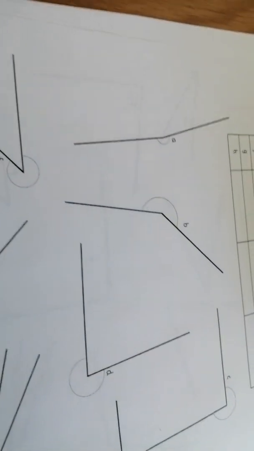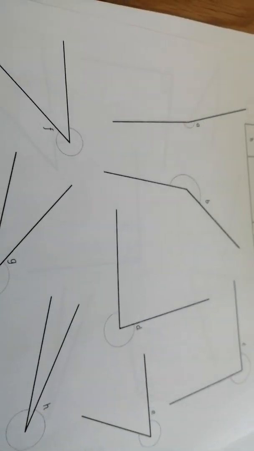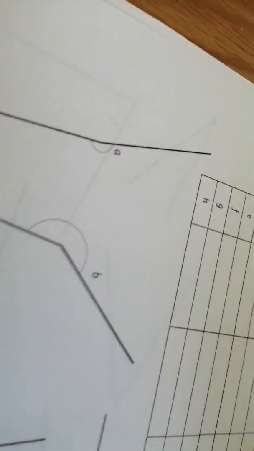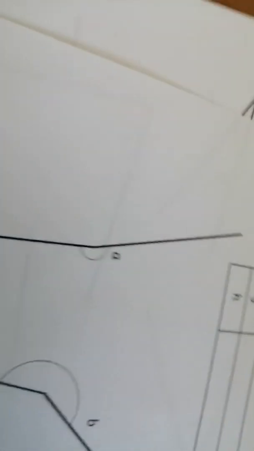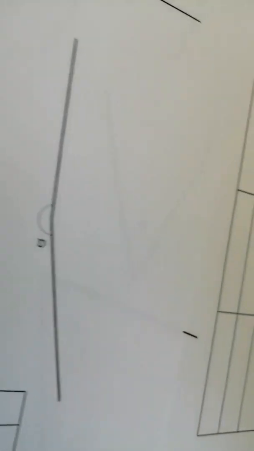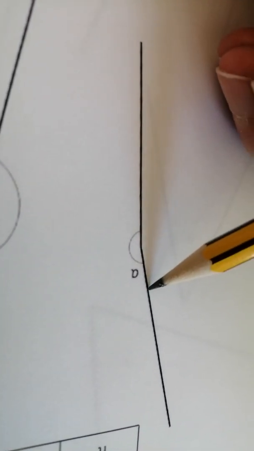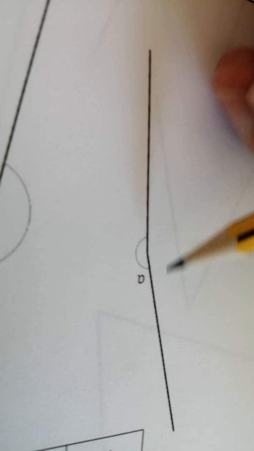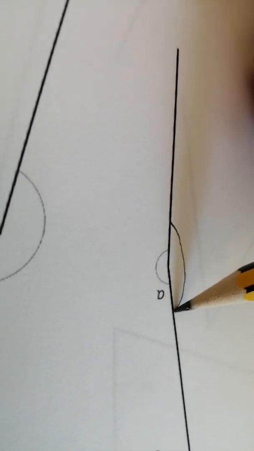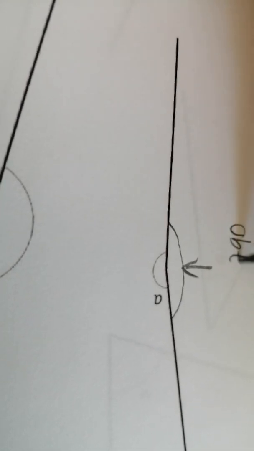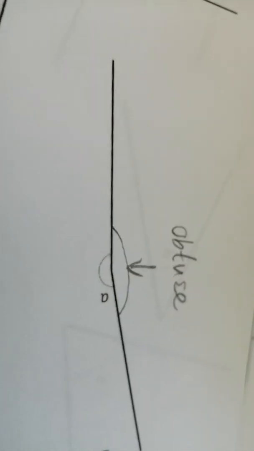Right, let's have a look now at some reflex angles. So these angles are more than 180 degrees, okay? And as you can see, they're a little bit different to a lot of the other angles, because if I were to look at angle A here, if I turn it around this way, this space here would be an obtuse angle. So if we were doing an angle here, this angle would be obtuse because it is less than 180 degrees,